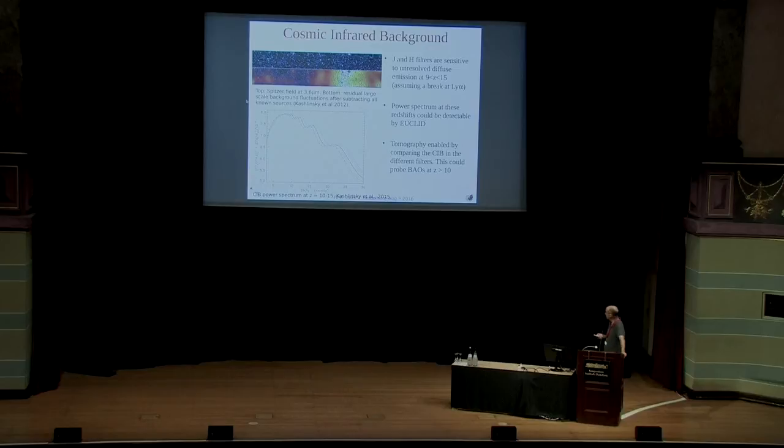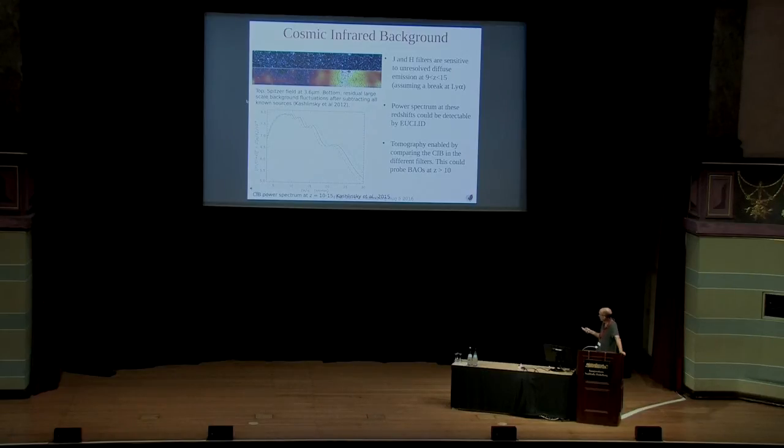Finally, cosmic infrared background. So this is an IRAC image at 3.6 micron, and after removal of the sources, this is the background and the structured background that is left. So the idea is to do the same thing with Euclid and to measure the power spectrum of the cosmic infrared background, which encodes information on the large-scale distribution of very high redshift galaxies, faint populations that are not resolvable